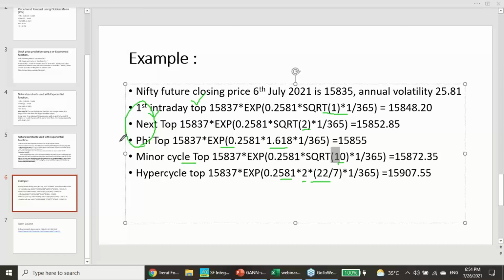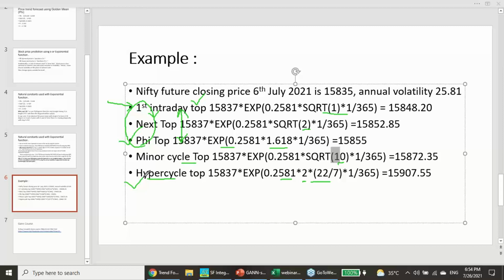So I'll be suggesting you the 5 crossover gives a great hope for the hypercycle. Either you can enter here in the first level or the second level, first to third level, any price level you can enter here, but that won't give you that much confirmation. But when the 5 crossover happens, 1.618 crossover happens, that will become a very important resistance and support. So that will give you the hope for the hyper cycle top to happen quickly, that too very quickly.